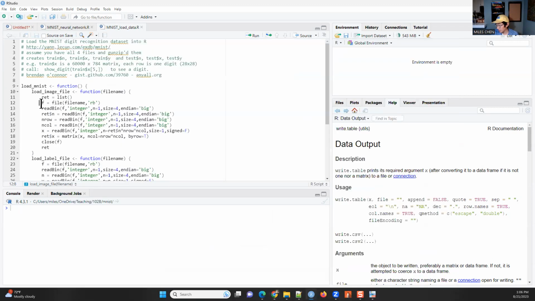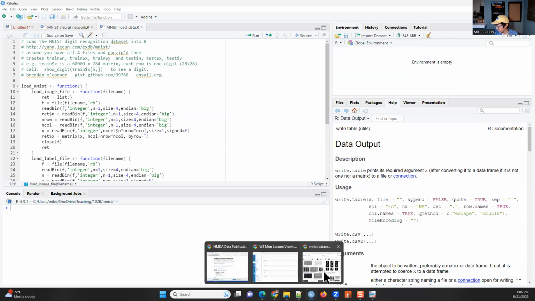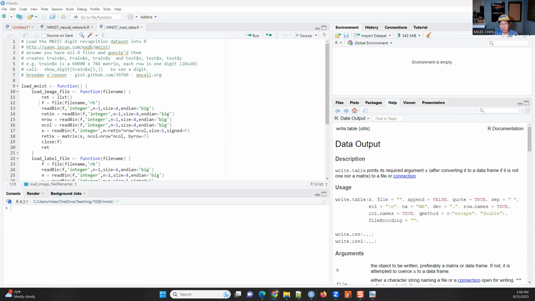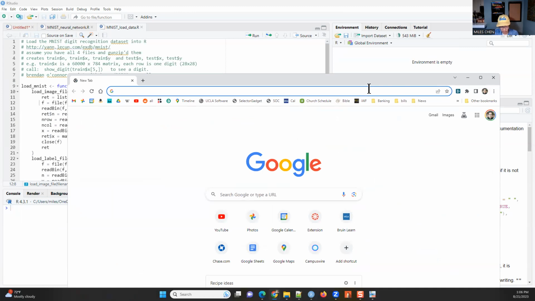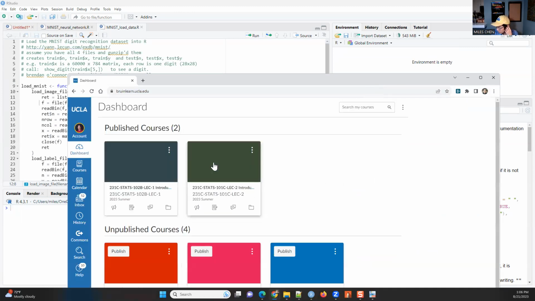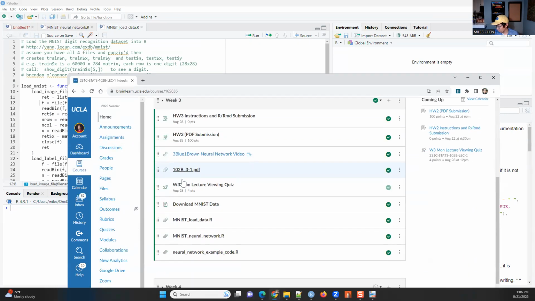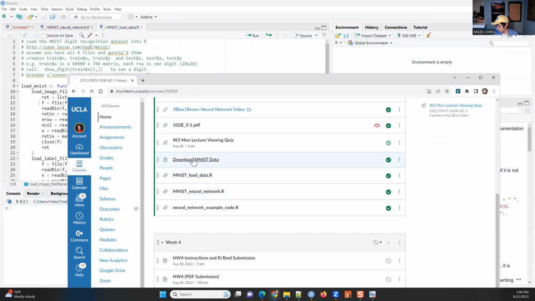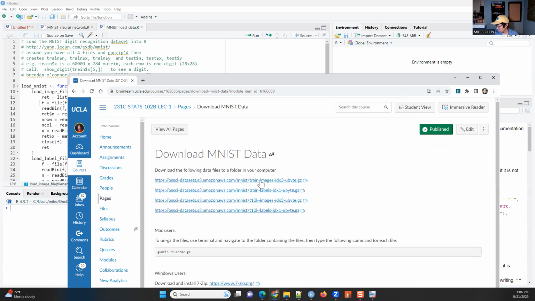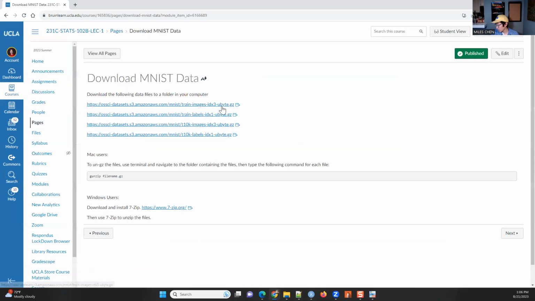And so you can download the data. I think I put this on Brew and Learn. So if you go to Brew and Learn, you can download the data sets, I think. Download the MNIST data. And so you can download these, it's these ubyte.gz files, unfortunately. And so you're going to download these, and then